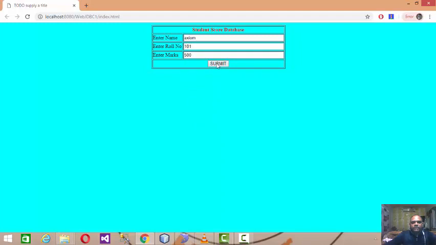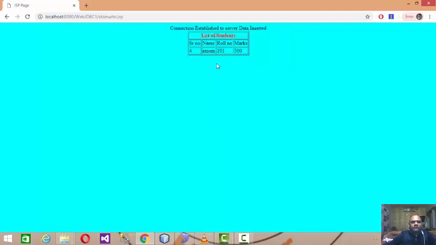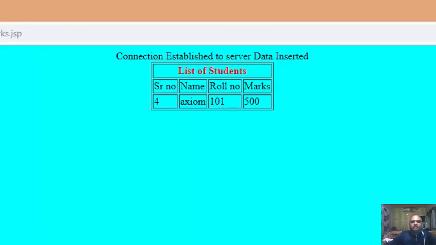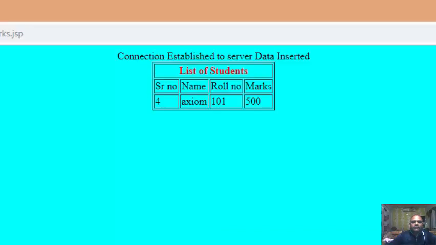Once I submit this data, at the server side it is first establishing connectivity, and then inserting the data on the server. Right now only one record is available, as I already deleted some records, so the serial number is 4. Only one record is available in the student marks table, by the name of Axiom, roll number 101 and marks 500.